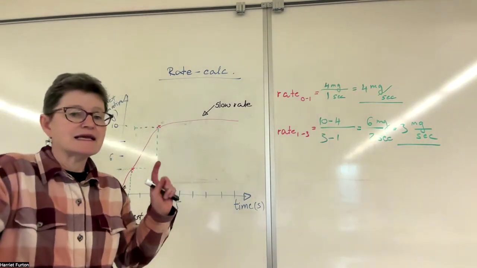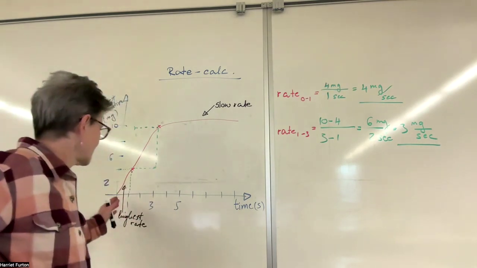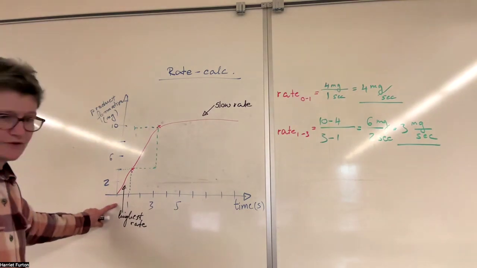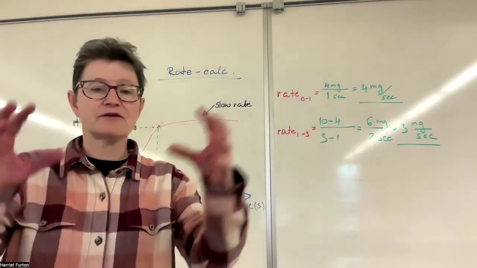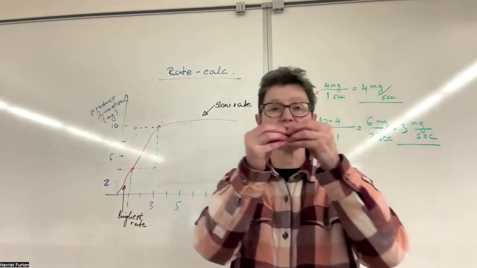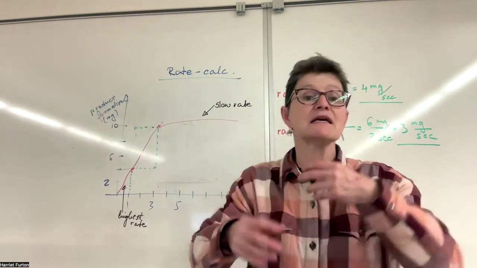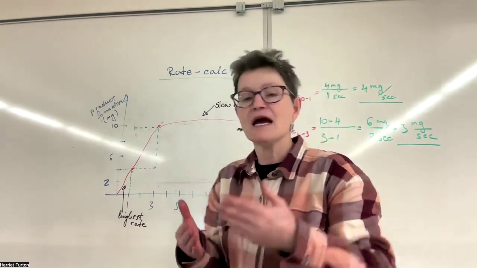If I increase the temperature a little bit, just a bit, the rate will be even higher, because the particles are moving even faster and the collision of the substrate with the enzymes is more likely to happen